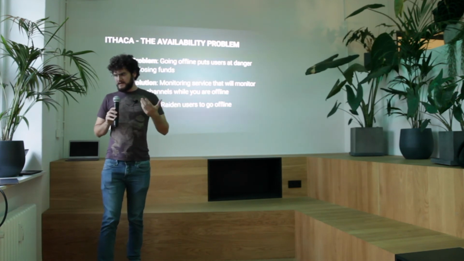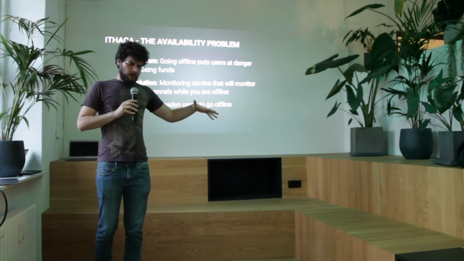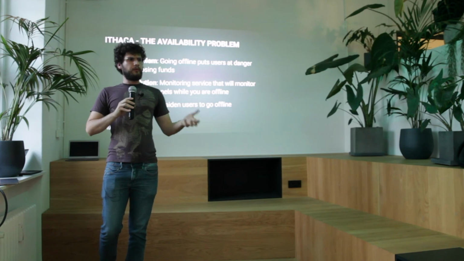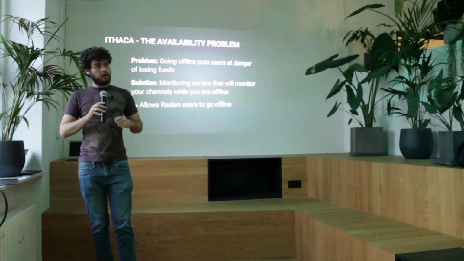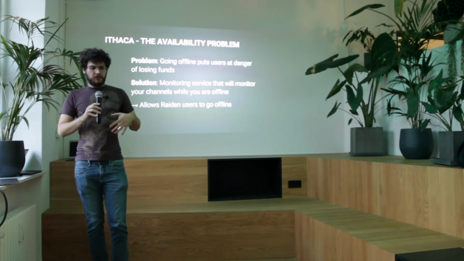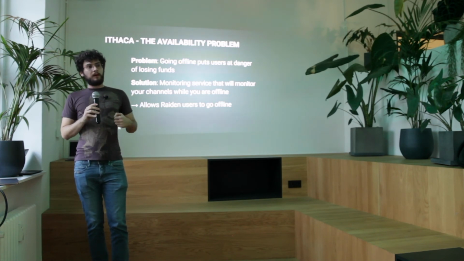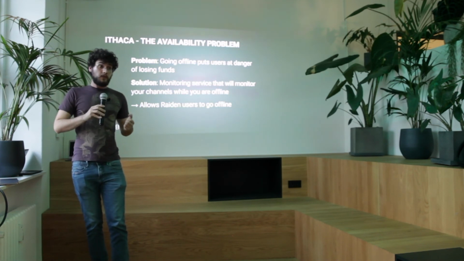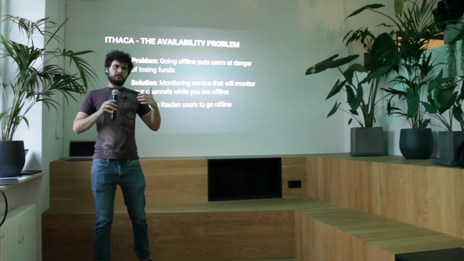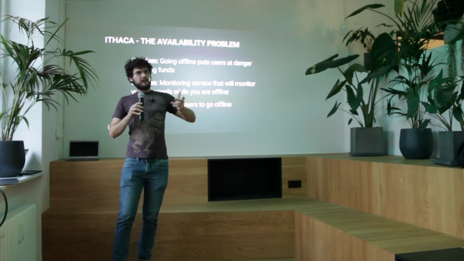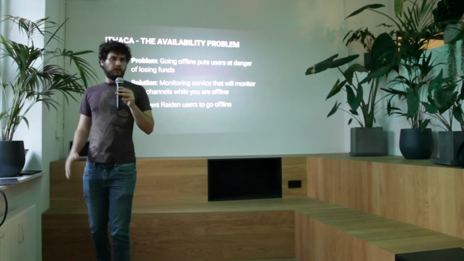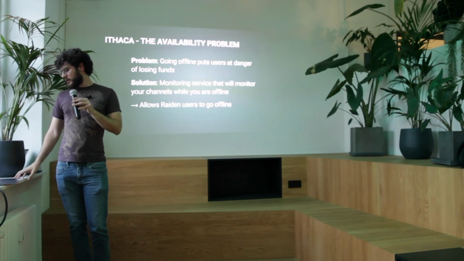Just a quick review of what the availability problem is. If someone closes a channel that you're a participant in, you need to provide your half of the proof of the balances, and if you don't, you lose money. So you need to be online, you need to watch the blockchain, and you need to provide the data. The other option would be a protocol that requires consensus. We don't want to do that because that would be too slow. The way we have implemented the protocol allows partial updates, so we always need 2 updates of the state, and we don't trust our partner, so we require a third party to actually do the update of the state on our behalf. So that's the availability problem.